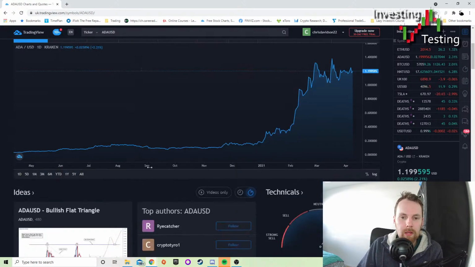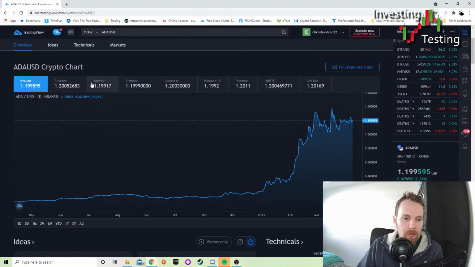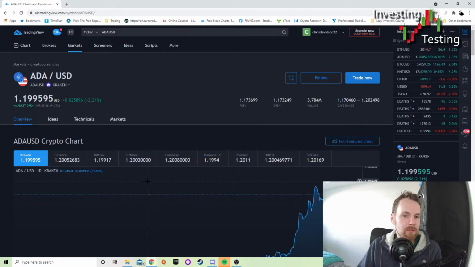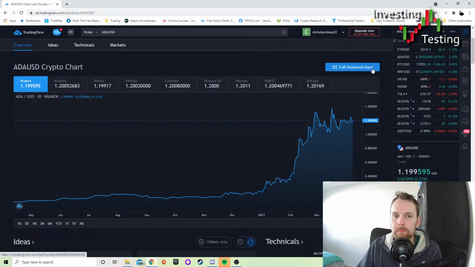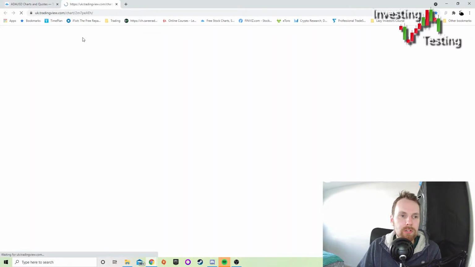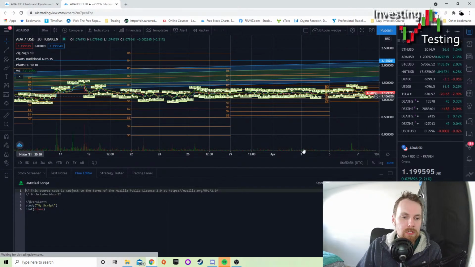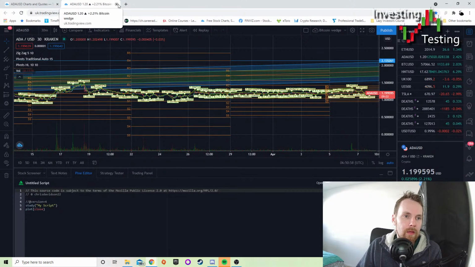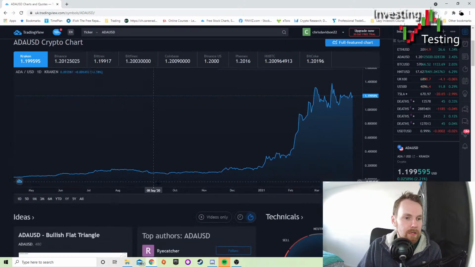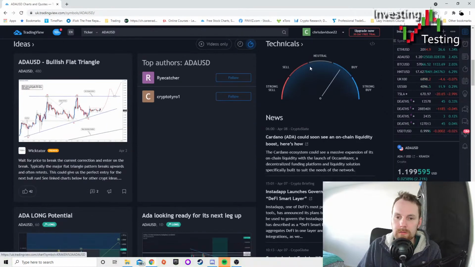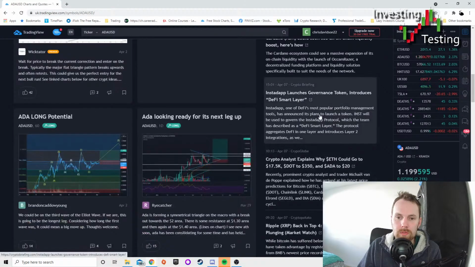So then once you're in here, it'll look at all of the brokers and exchanges that you can trade on. And this is the simple chart, and then you can press full featured chart and it'll take you to that chart we were just looking at. Perfect. So this is the chart we were looking at before, and let's get out of here and go back to here, because this is what we were looking at before, and you've got some news about Cardano,